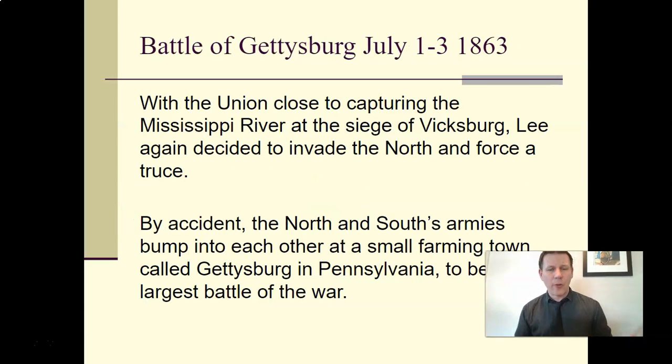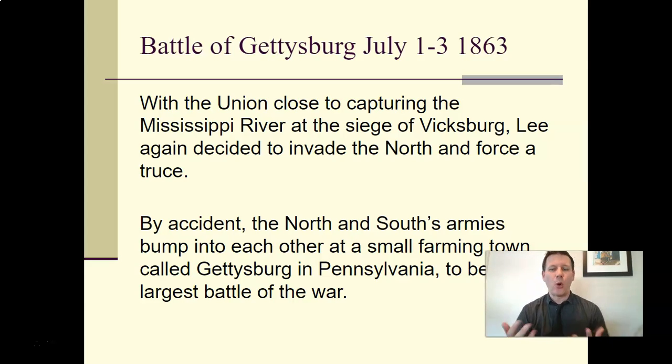So, jumping forward here, now we have a little bit later the Battle of Gettysburg. Antietam's the bloodiest battle in American history in a single day, but Gettysburg is the bloodiest battle because it's a 3-day fight. So again, the North is going through the Anaconda Plan, and by July 1863, they're pretty close to capturing the Mississippi. As a matter of fact, there's only one town left on the Mississippi River they haven't taken over, the little town of Vicksburg.